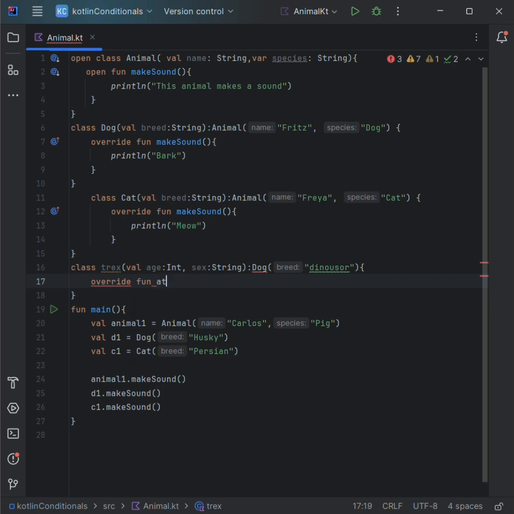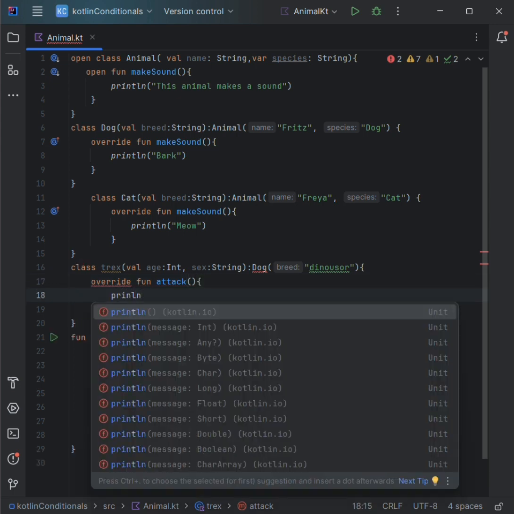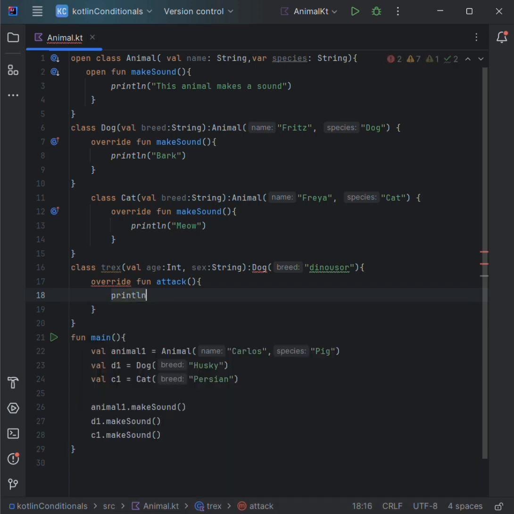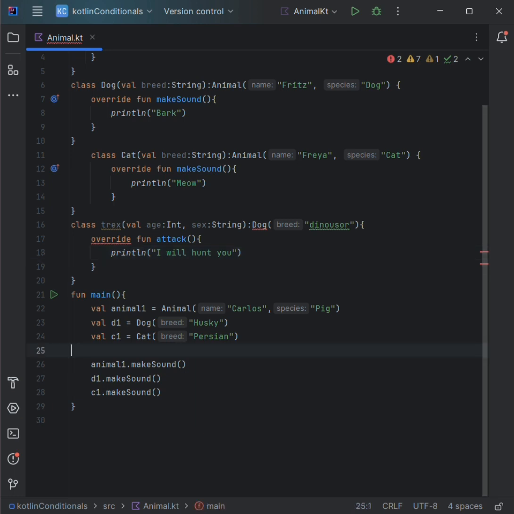Now we are going to try inheriting a function in class Dog from the class T-Rex.